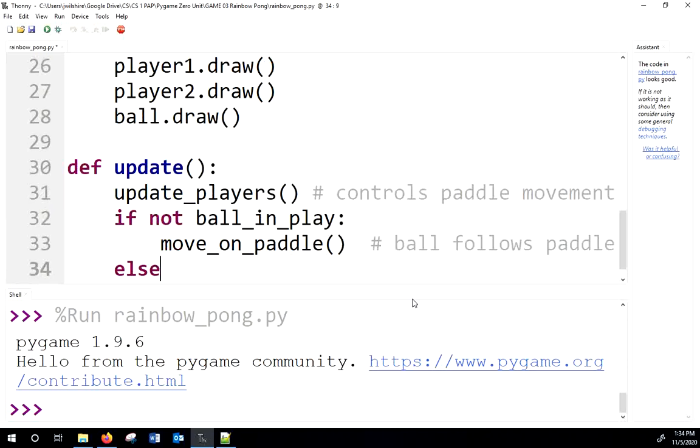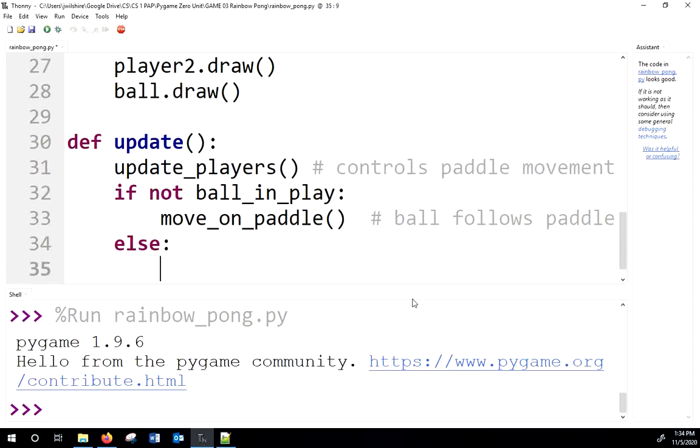Well, if it's not in play, we move on the paddle. So the else would be it is in play: update ball. I could have written this the other way. I could have just said if ball in play, update ball, else move on paddle. So we could have removed that not and then swapped the functions here. But